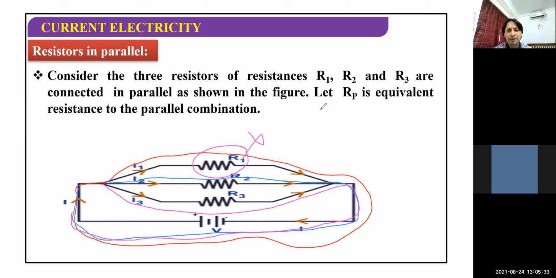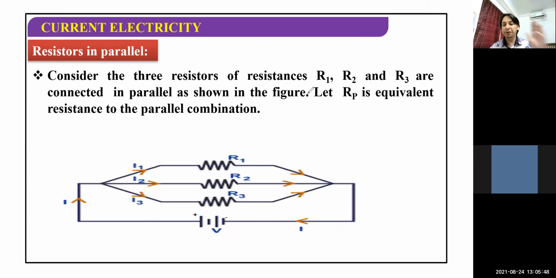So the difference is just that in series we count the total in volts and in parallel in current. Students, listen carefully. In series combination, voltage divides, and the total voltage V equals V1 plus V2 plus V3, and the current is the same. In parallel combination, current divides. So I1 plus I2 plus I3 will be equal to the total current produced by the battery, which is I. You have to remember these things, you have to memorize them also.